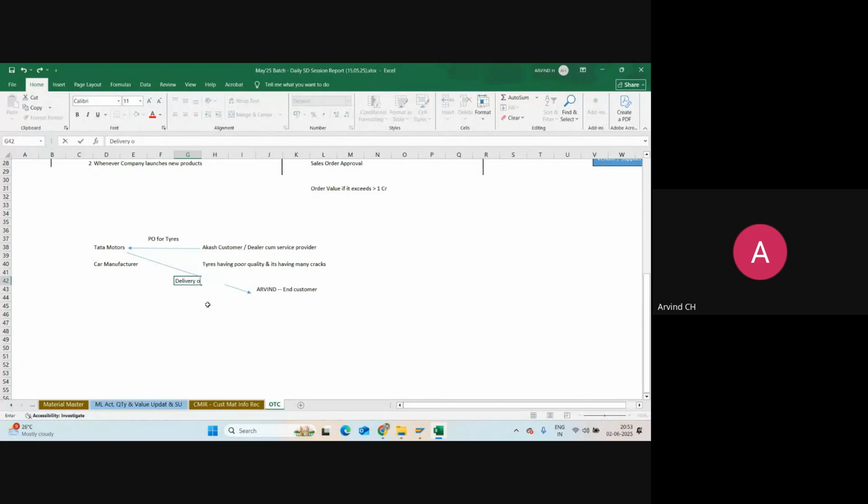Delivery of tire. Then Arvind will receive a tire from Tata Motors directly, even though there is no relationship, because whenever Tata Motors creates a sales order, his sales item category will be TAS, and line category will be